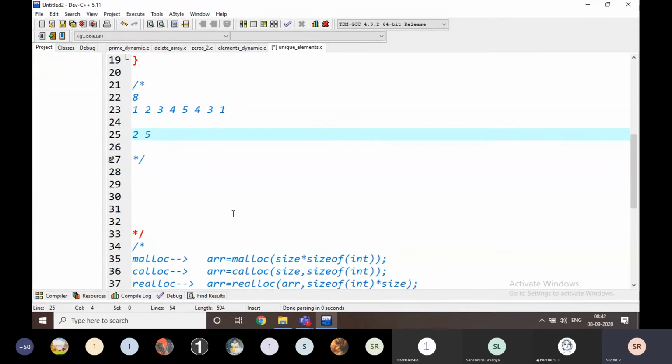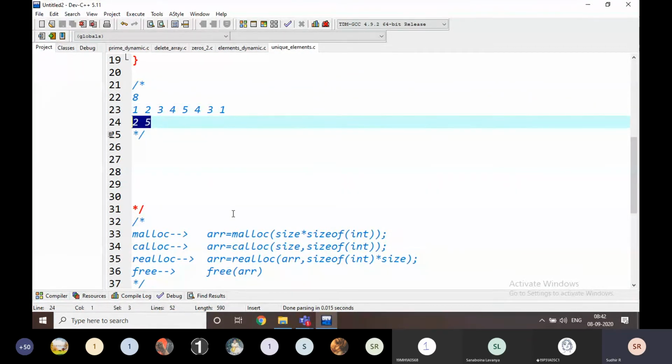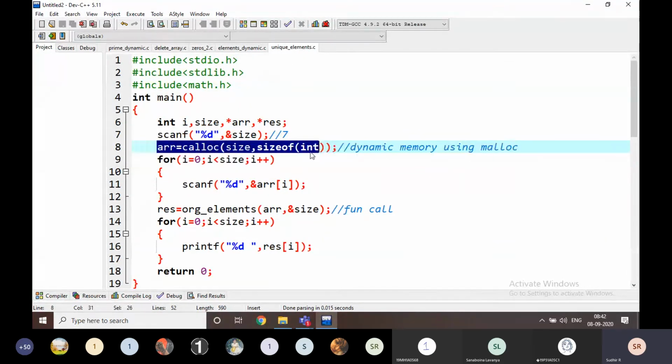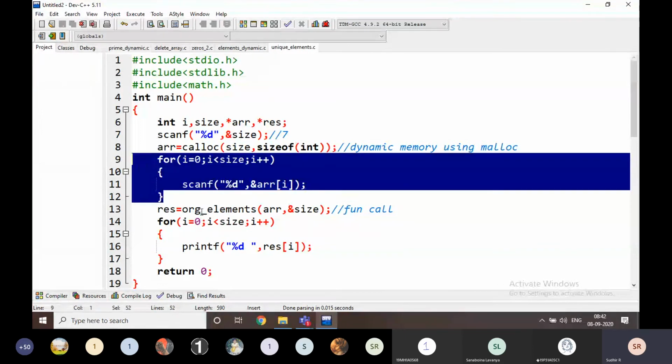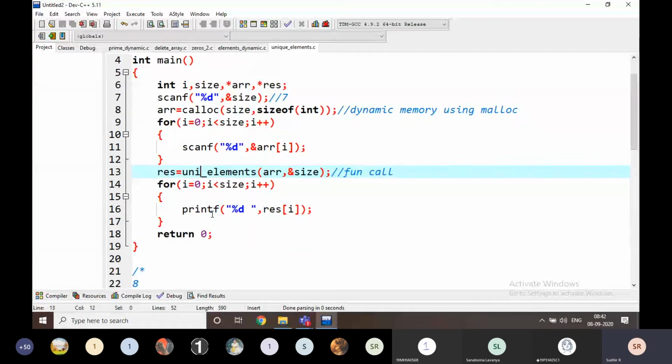This is my question here. I'm going to find how many values occur only one time in the list. I am going to read the size of the list, allocate the memory, and read the values. The question is very much the same, right? The main function is nothing different, the same functionality. I am just changing the name of the function definition. Unique elements, array, size, and the result, everything is same.